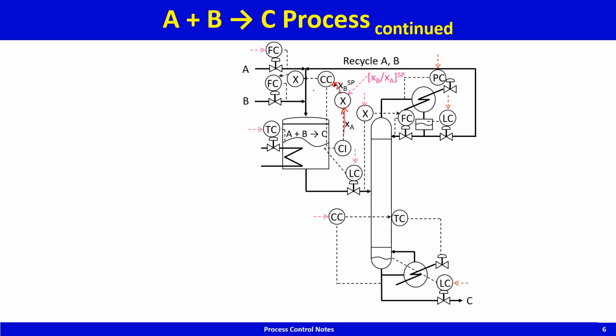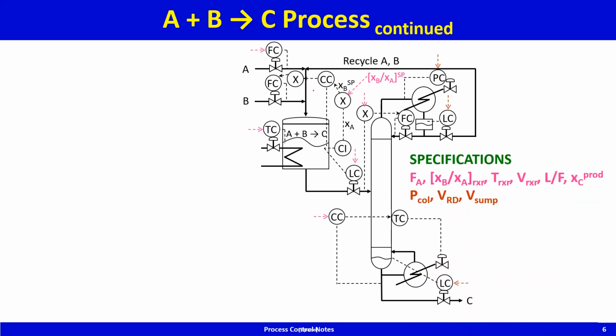This is also another feasible, or shall we say reasonable, specification set that causes the process to operate at steady state while closing all material balances. And in this case, everything else is the same. This is the specification. Instead of XB reactor, it is XB by XA reactor. And in this case also all balances are closed, and this specification set is consistent